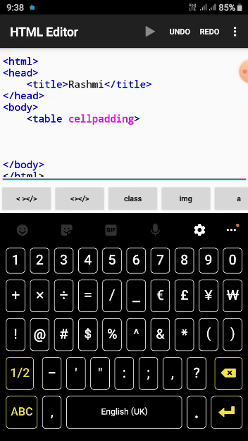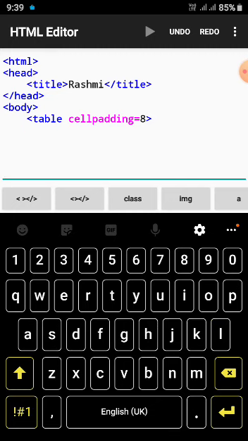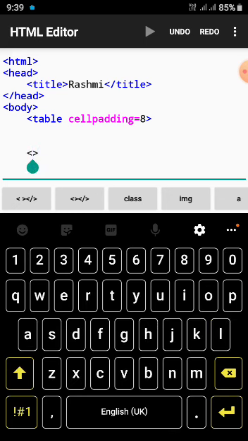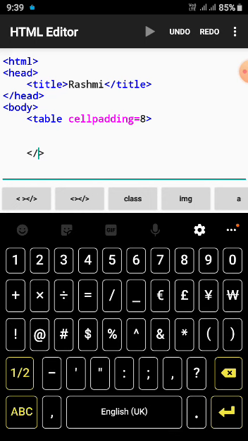I am not giving color and all, you give, all of you know. Cell padding I am giving, say, 8. Cell spacing I am not providing, later on if required we will give. Now I am ending the table tag as well because we might forget to end it, so better to end it in the beginning only.